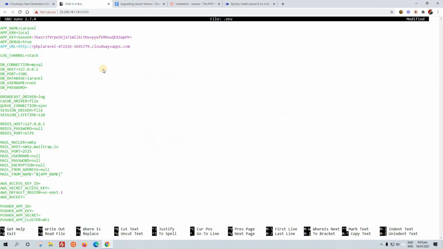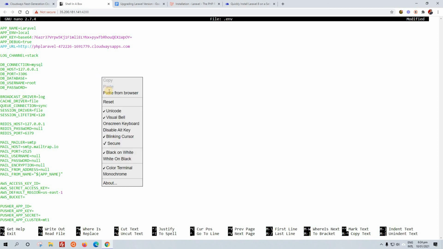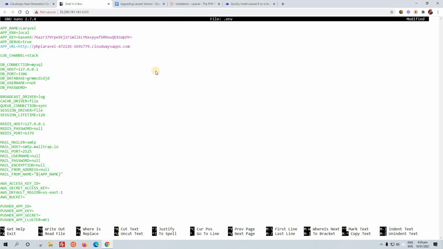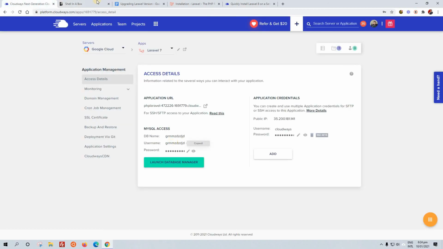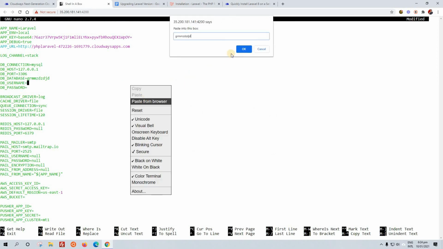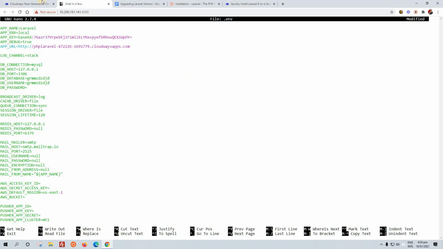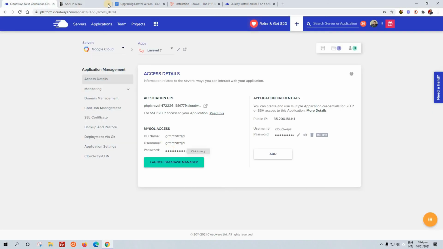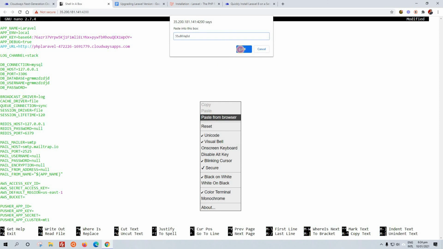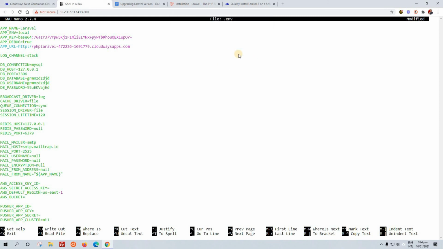You just have to copy, remove the old ones and paste from browser, Control V, and that's it. The DB name and the username are both the same. You just copy, paste from browser, Control V. And the password, we copy and paste from browser. That's it.